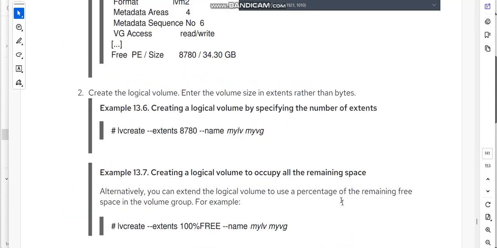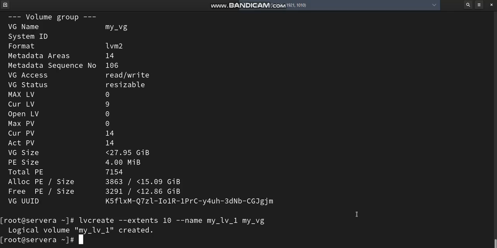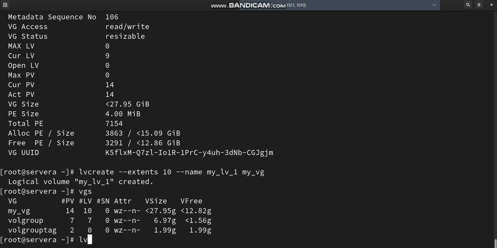Creating a logical volume to occupy all the remaining space. Alternatively, you can extend the logical volume to use a percentage of the remaining free space in the volume group. For example, lvcreate --extents 100%FREE --name mylv myvg. vgs. So lvcreate --extents 100%FREE